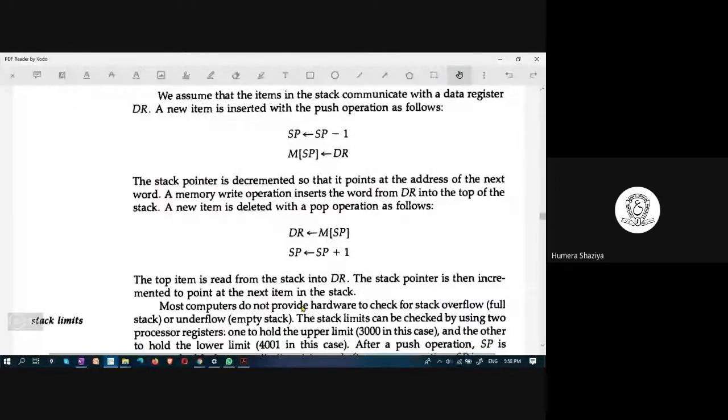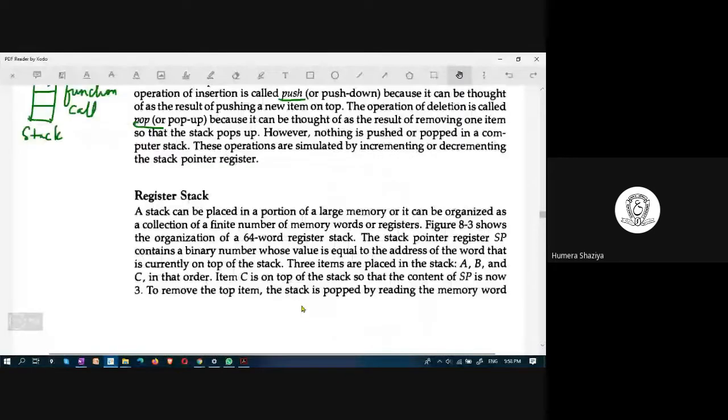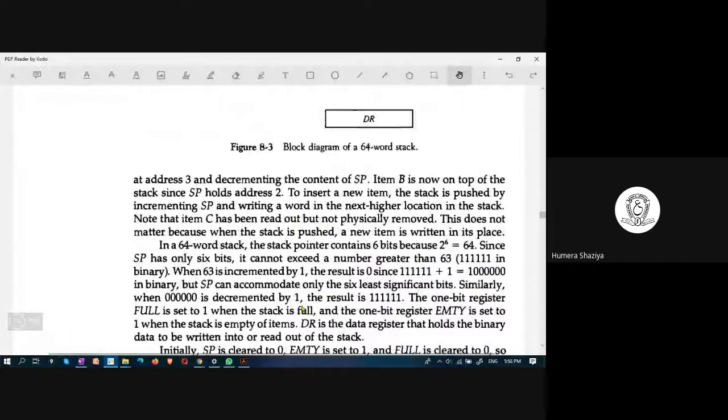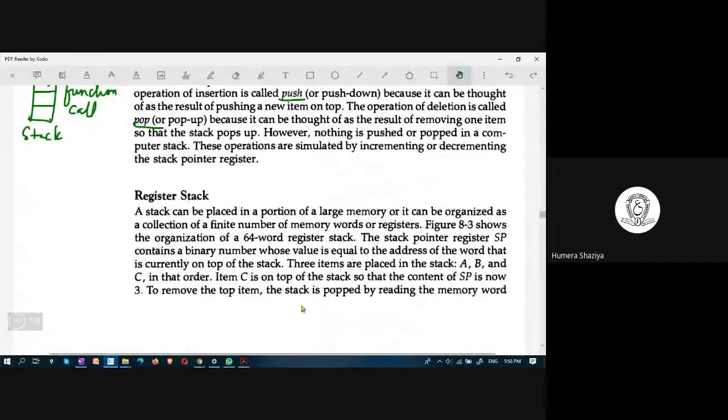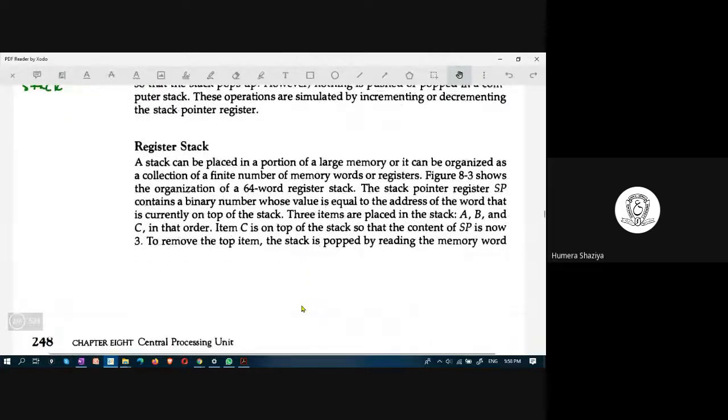Let us look at this register stack. A large portion of the memory is organized as a stack, and a stack can be placed in memory, or it can be organized as a finite collection of memory words or registers.